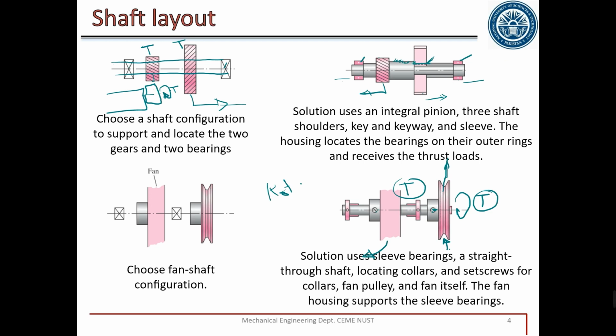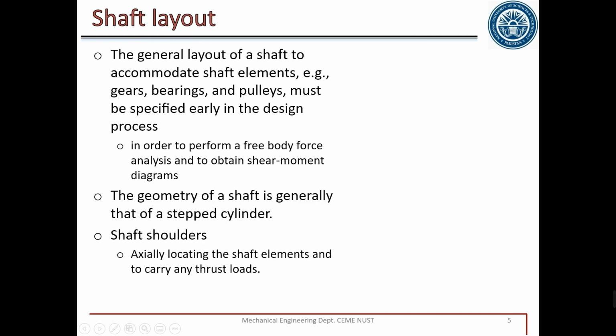So the larger diameter of the shaft at this end will provide support to this gear, so this gear will not move in this direction, but it can move in the right direction. So we have to attach some accessories here to avoid that motion. Similarly, for this gear, we have a support here. Usually the shaft is made a stepped shaft, so it provides support in one direction, and in the other direction we have to attach some attachment. Similarly, for the bearing, this side will act as support, and on the other side we have to attach some key, some retaining ring, etc. Usually the shaft layout is like this.